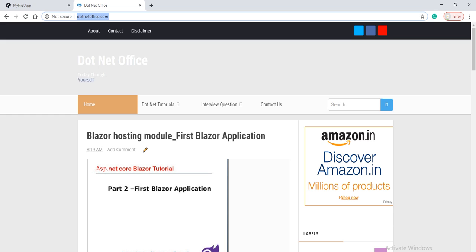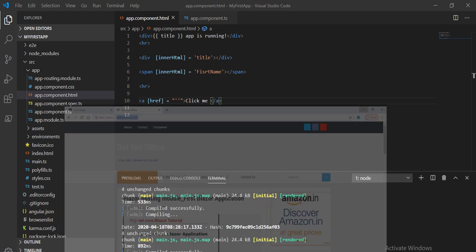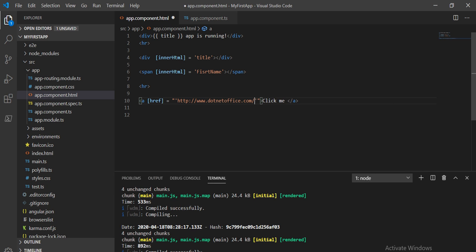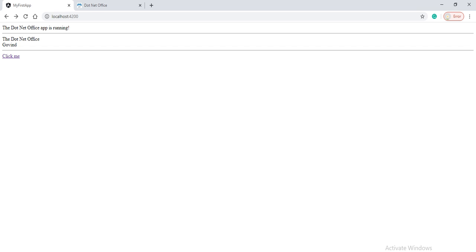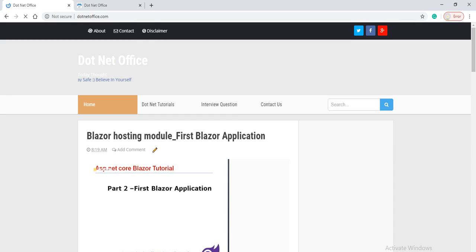I'll take this URL and paste it here, save it, and now see on the browser. And here we have one link. If I click on this, it will redirect to this particular URL.